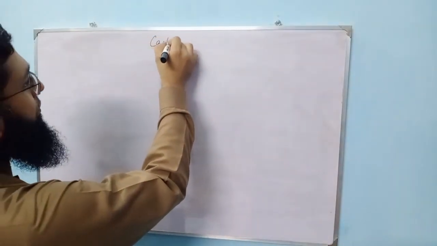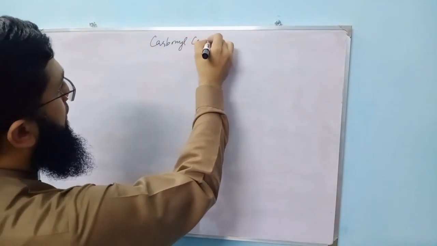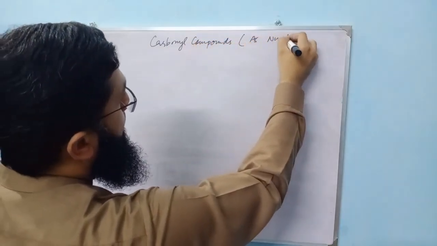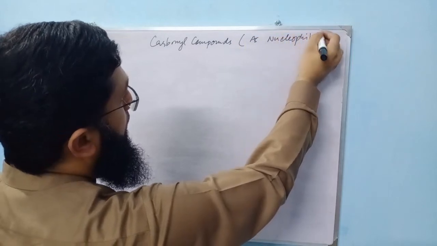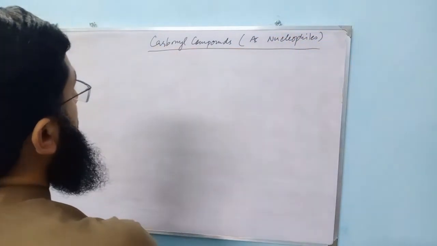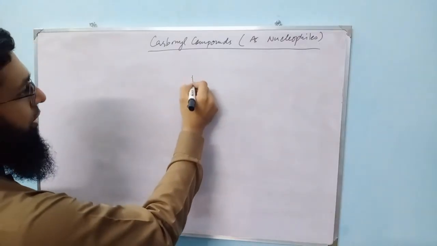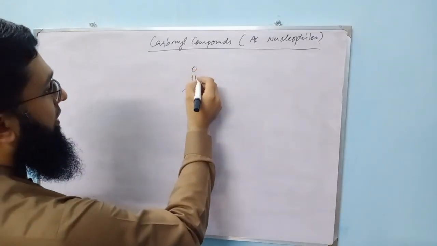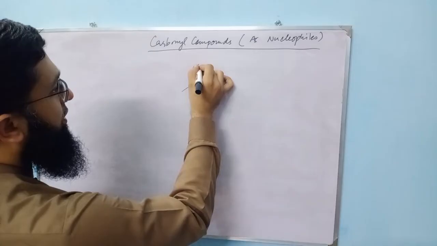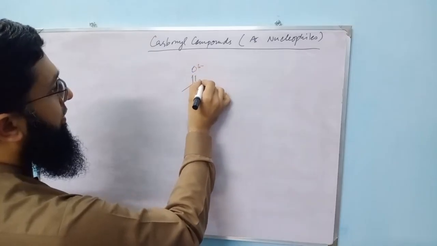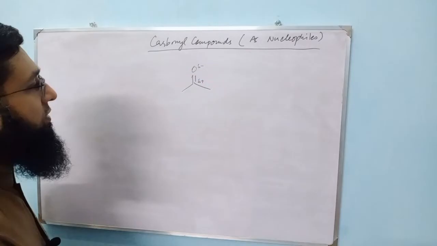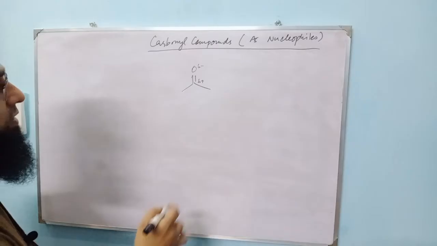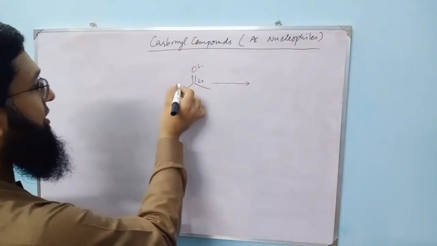So carbonyl compounds. In general, carbonyl compounds under neutral conditions are electrophilic in nature, and this is due to oxygen being an electronegative atom, and as a result it pulls electrons towards itself, and the carbon of the carbonyl group gets electrophilic. However, when we add acid or base, the trend can change.